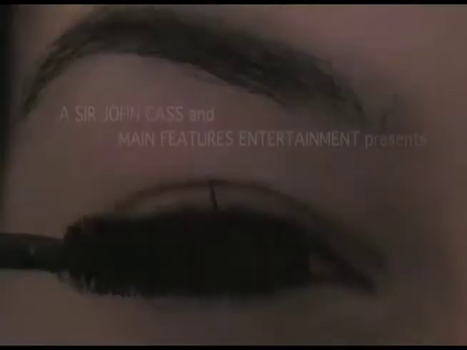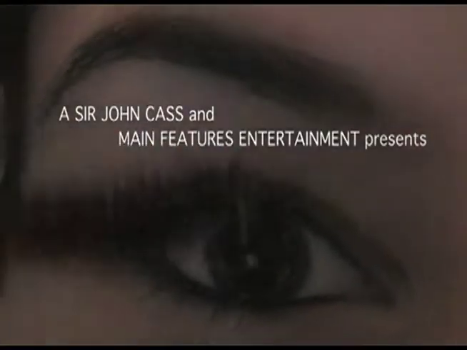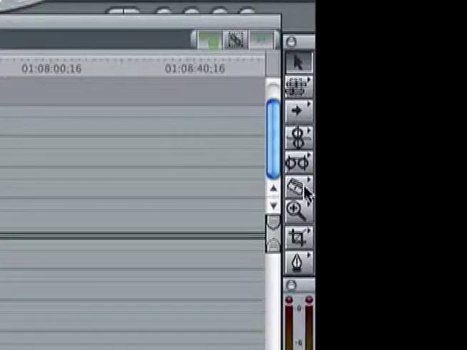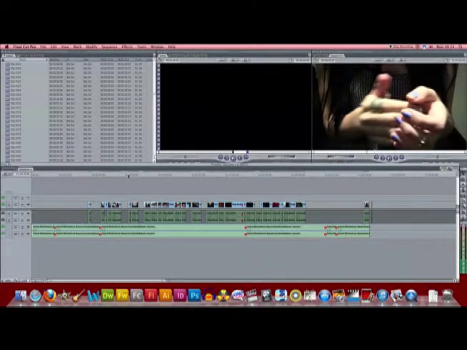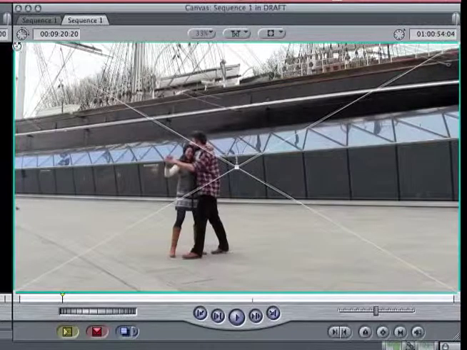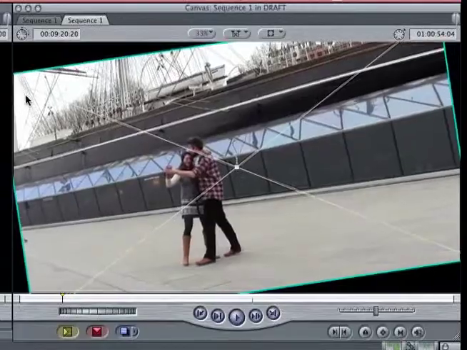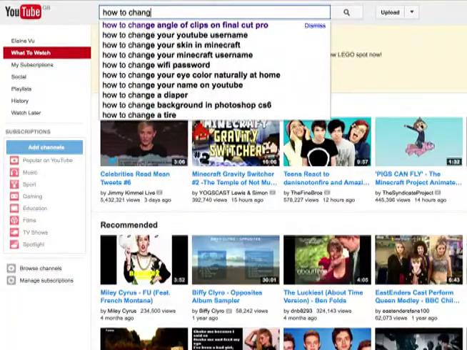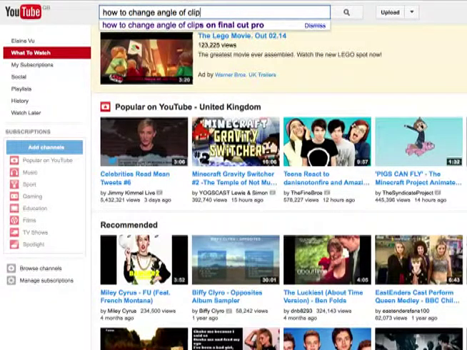I had used Final Cut Pro previously in my last year media coursework, so I was quite familiar with some of the basic tools such as Blade or Arrow, which I could use to cut the clips into segments which I needed. However, doing things like changing the angle of clips because they were quite bent was new to me, but I soon learnt how to use the tool after searching for tutorials on YouTube.